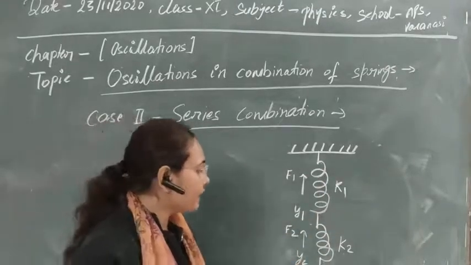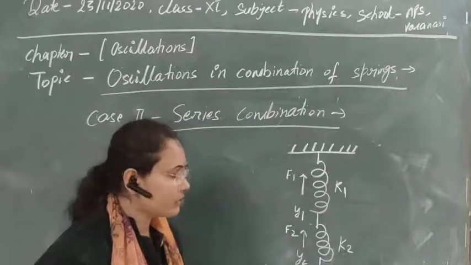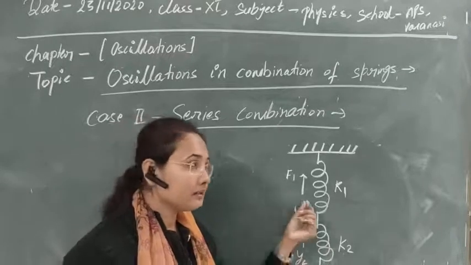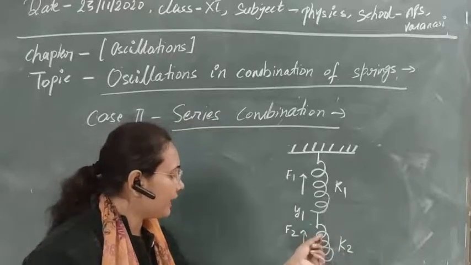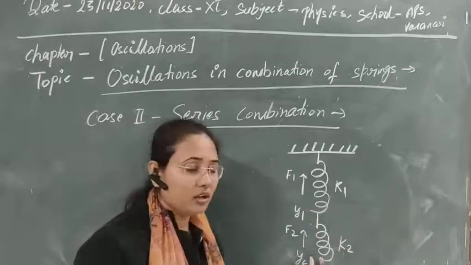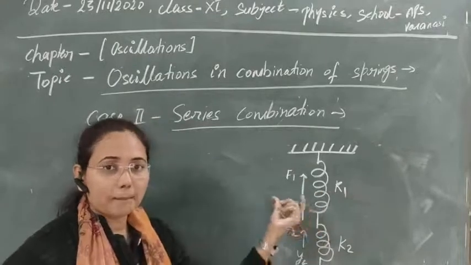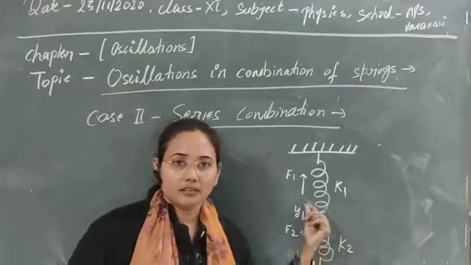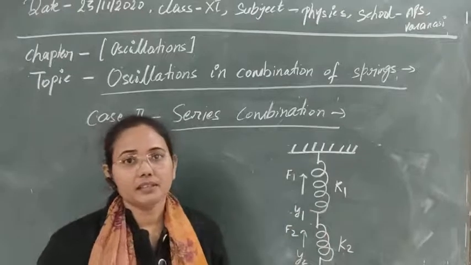It's very obvious that due to this mass, its weight is acting in the downward direction, and due to its weight, some extension is produced in the system, which means some displacement is produced. Suppose here displacement y1 is taken and here displacement y2. Then due to the displacement, obviously the spring will oppose any extension or displacement in its position.